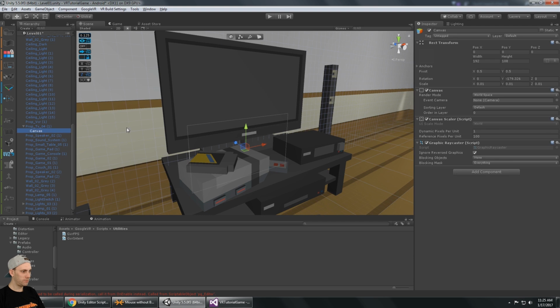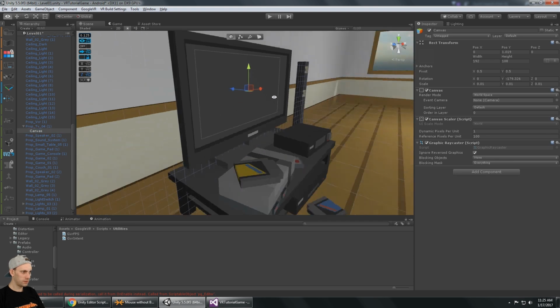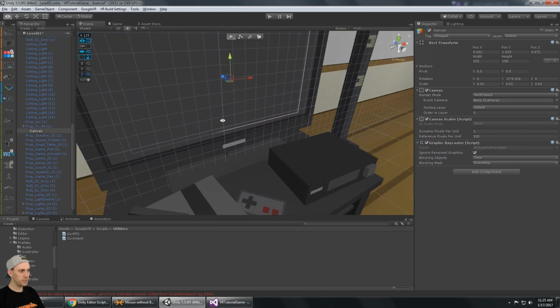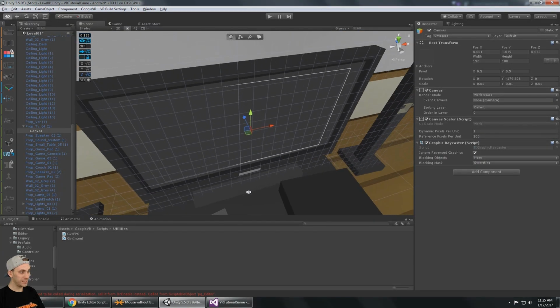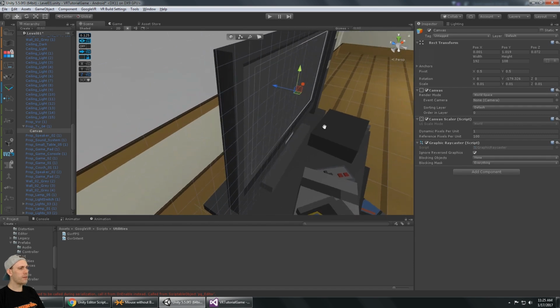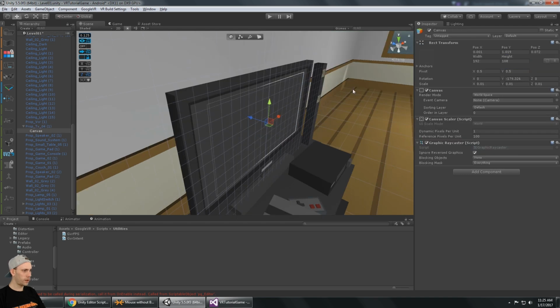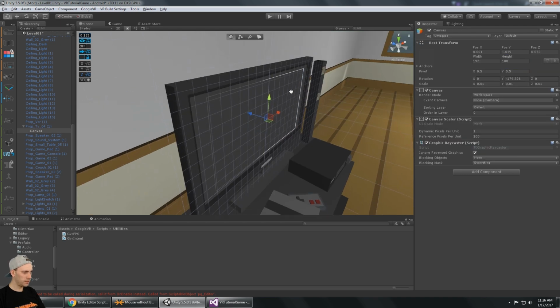I'm going to move the canvas into position on the face of the TV. It looks like it's halfway going in. I think the TV is rotated. Let me fix that. I could rotate the canvas, but